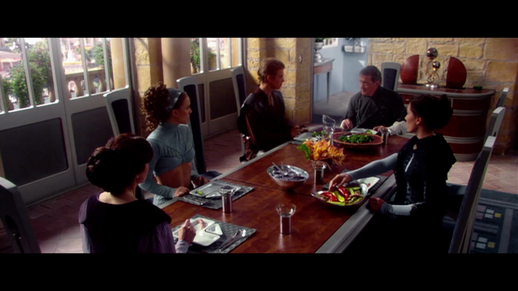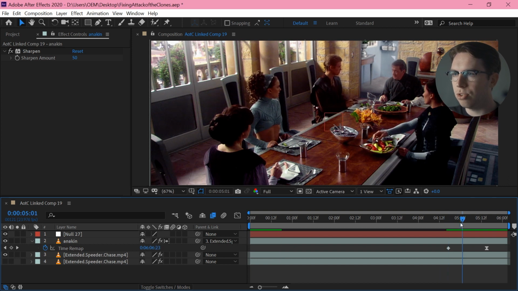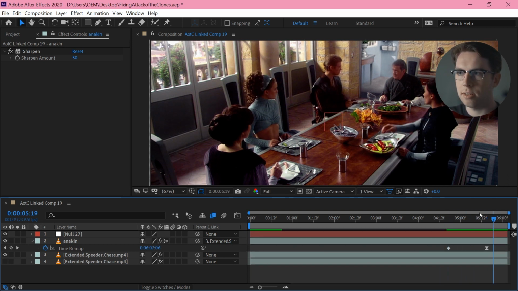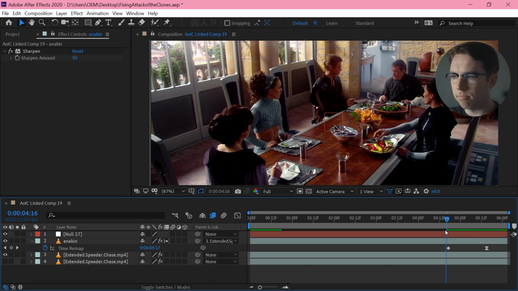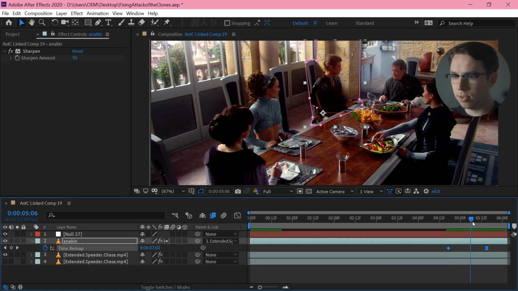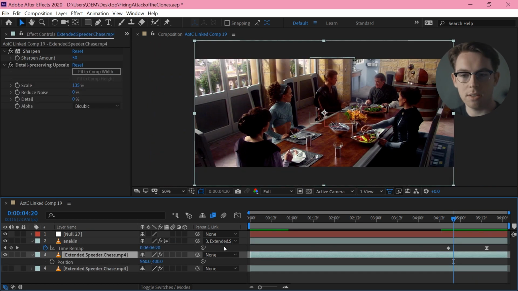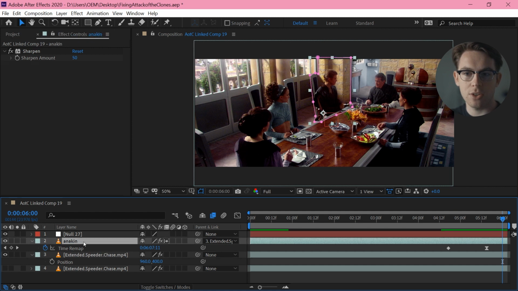Okay, so shot 19. This is another deleted scenes shot, and all I want to do here is just delay Anakin's line read by just a tiny bit. So all I'm doing is a time remap on this layer, literally just keyframing to draw out this pause and turning the frame blending on so it all blends smoothly. Also, as with every single shot in this movie, there is just a tiny little bit of movement that I need to track out of that to make that sit nicely back on top.